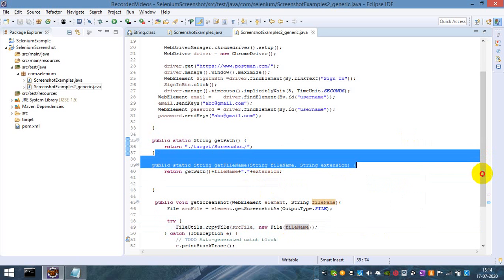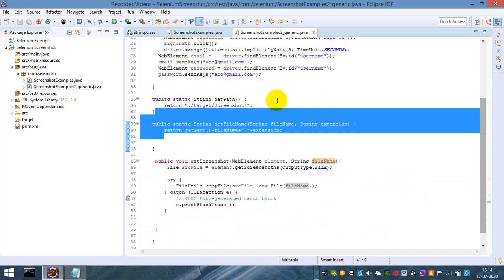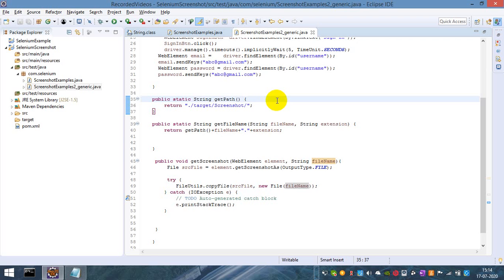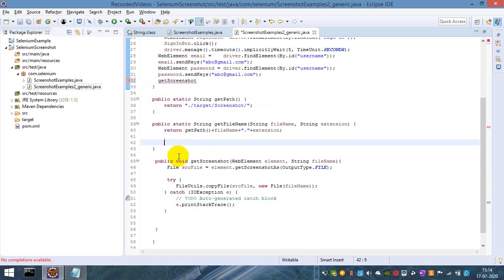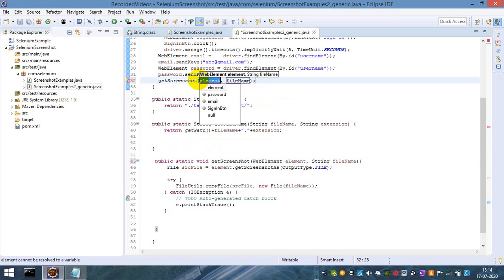Now I will call this getScreenshot method inside my main method. So I need to make this static getScreenshot. What kind of element? The element name I can give as email.